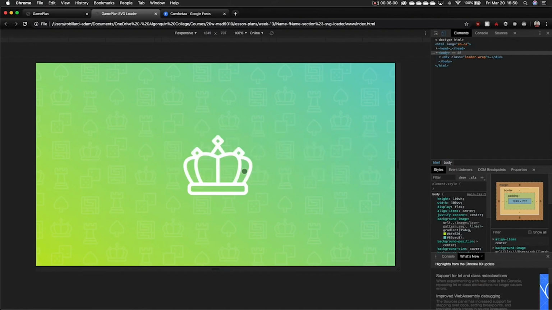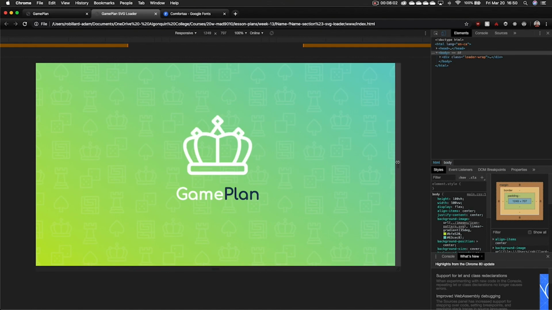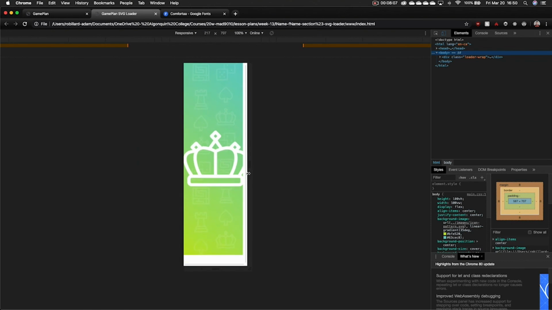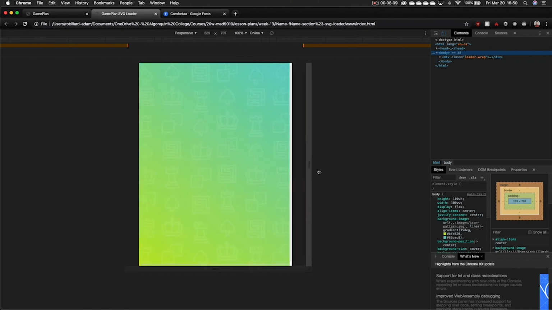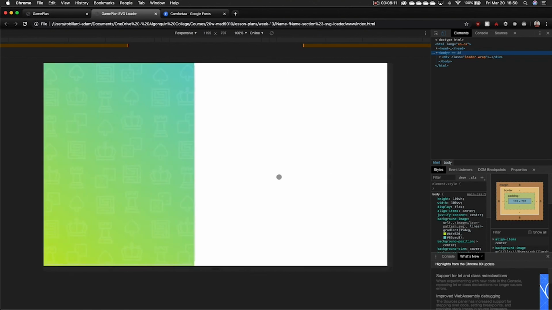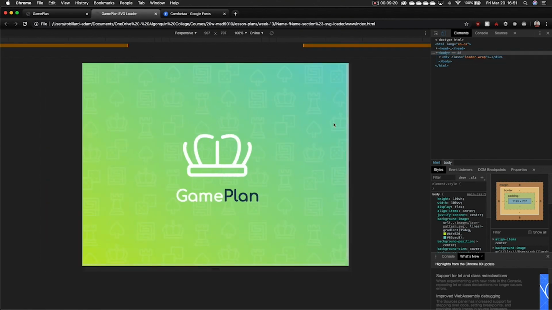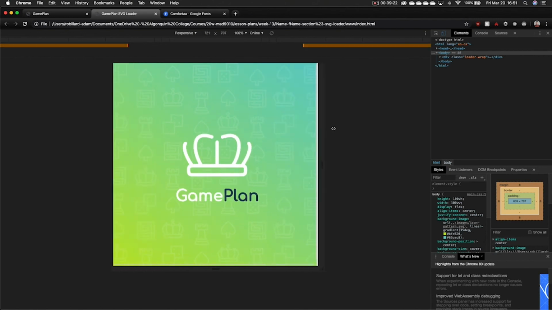So now if we take a look at a big screen size, it's here. But if we shrink down, it's going to disappear on us, which looks pretty good. I'm getting some weird lag on my browser here. So sorry about that, my browser froze. It's all fixed now. Okay, so if we bring it down, see it disappears, and then we bring it up,